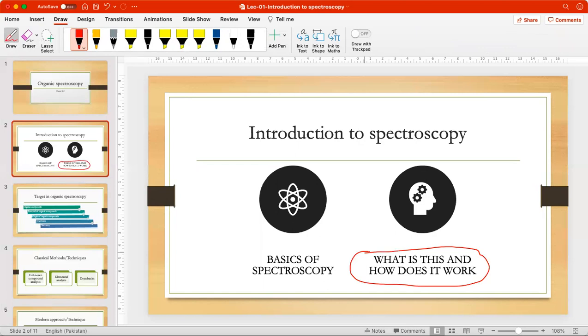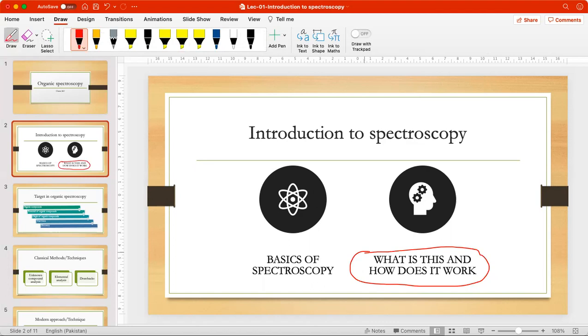If I'm not wrong, I would say spectroscopy is a complete, huge, gigantic world. ठीक है? And of course, it's a very broad area. Sometimes students feel uncomfortable because they have this understanding that this is very difficult. No, it's not difficult if you have a strong grip on the fundamentals. So today I will give you some fundamentals of spectroscopy before diving into this area individually as per the course contents.